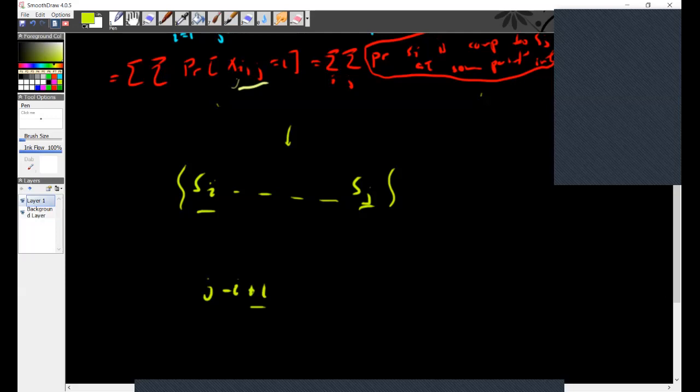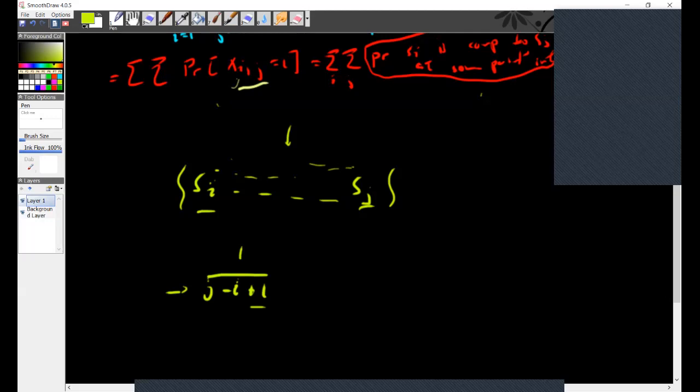Sorry, j minus i. Anyway, I'm going to pick any element here as a pivot, within this set, with probability 1 over j minus i plus 1. That's because I have this many elements, so I pick all of them with equal probability. So that has to be 1 over j minus i plus 1. Now the probability that